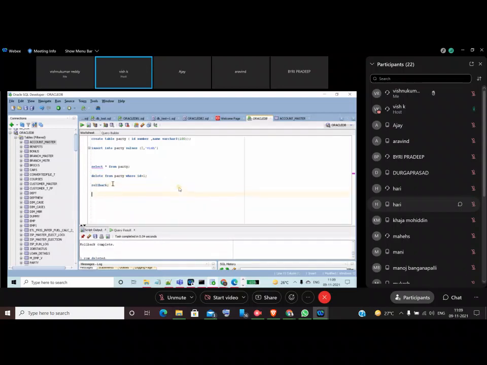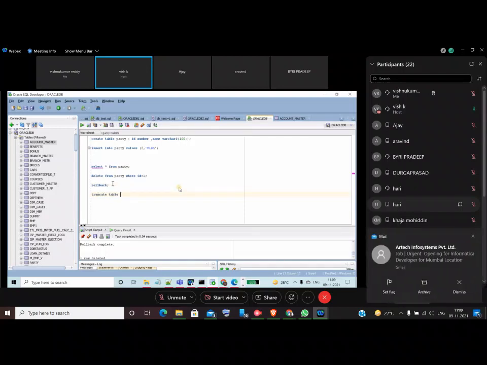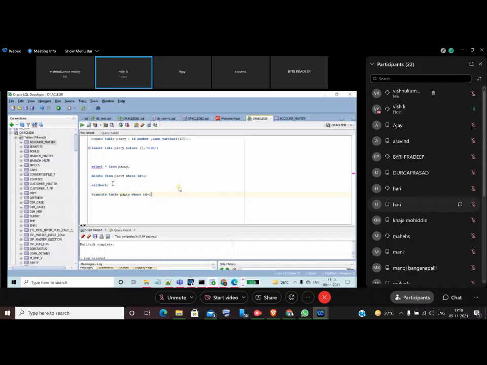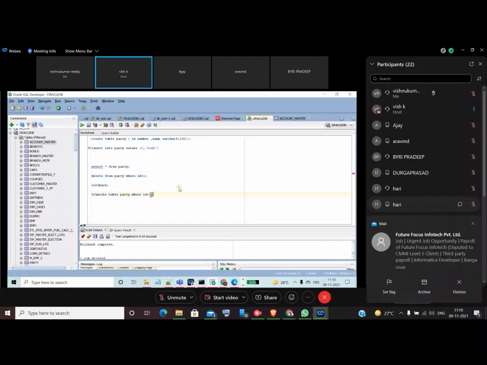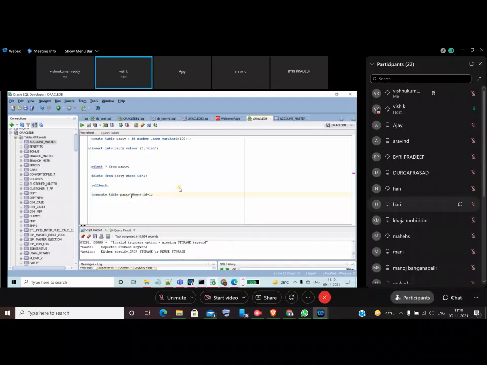This is about the delete statement. Next is truncate. How to write it: truncate table, then the table name. If you use where ID is equal to 1, it will not work, guys. This option will not work because truncate means it will truncate all the records.